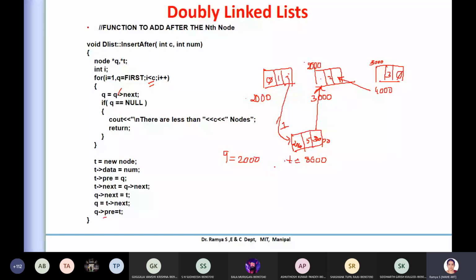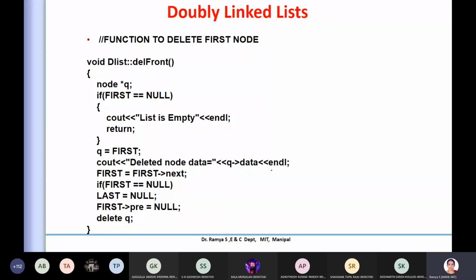So please practice. Okay, so next one is deletion of a first node. Deletion of a first node is very simple. Always remember, in the linked list, the main information is the first element and your last or the header value. If you keep them properly, you can travel in any of your linked list basically. Okay, if you want to delete the first node, say you have 3 nodes, what changes do you have to do?